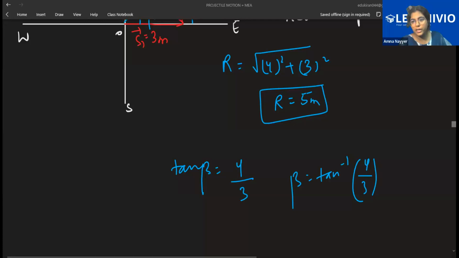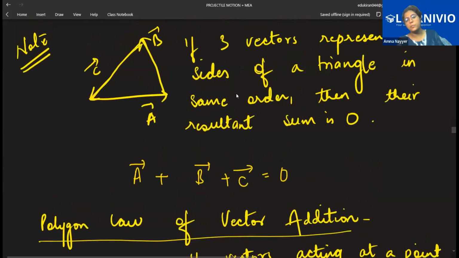So, we have completed till here. Now, there's one point. Whenever we have three vectors which are representing the triangle law, what if we take the opposite side, the resultant side, in the same order? Then simply write your resultant as 0. There's a small derivation also for that, but that geometrical part is not in your syllabus. No need to even do that. Nobody is even going to ask you that. Just have it in mind. If the closing side is taken in the same order, then directly the sum will be 0. This you can write it further.